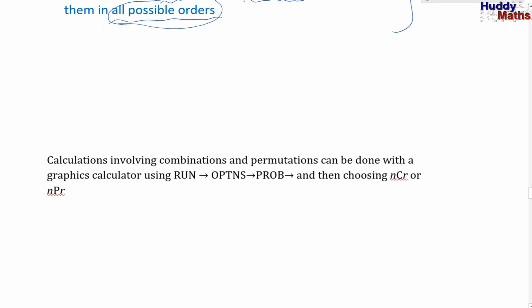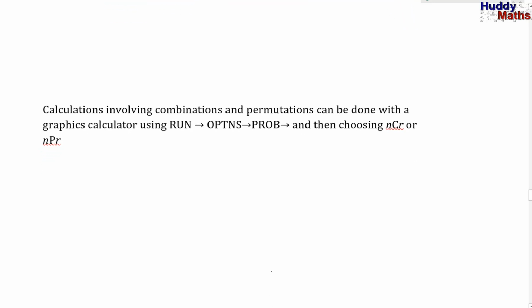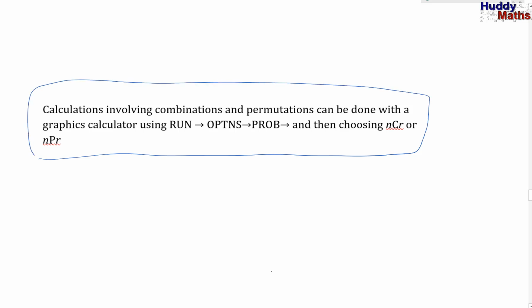Come down now and let's have a look. This is important. You can program a graphics calculator to do this, nPr. And notice how the calculator doesn't do this. You have to enter the n, then hit the button P, and then enter r. And there's another little dude that's in the same window, and also in the same window on all the graphics calculators, you push run and options and then probability,